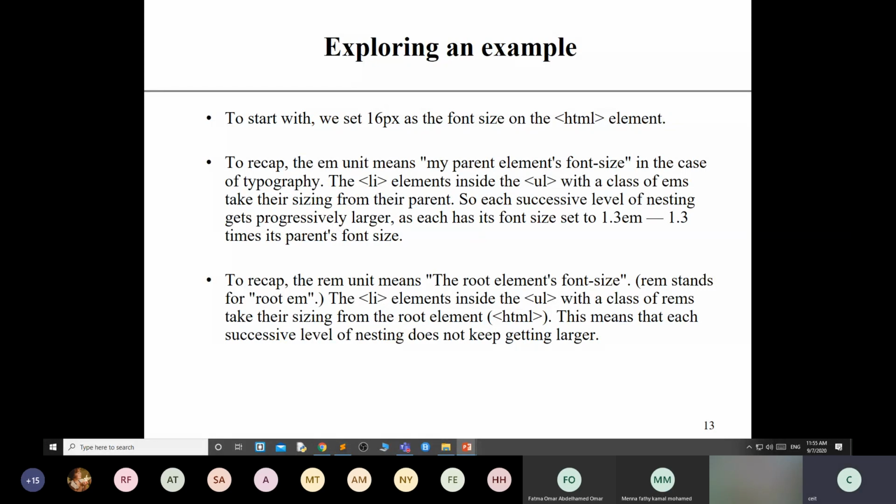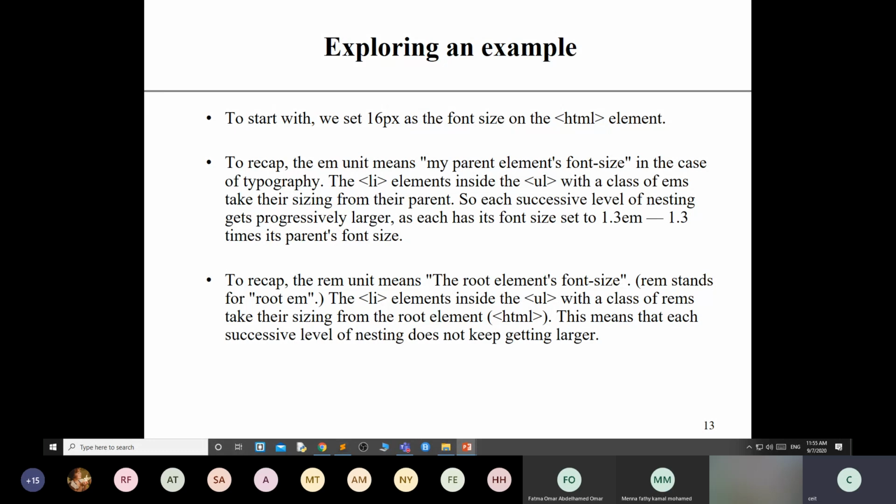Then relative units are relative to the parent, and mostly these units are used when you want to make your web page responsive. In relative units, we have seen the difference between EM and REM.